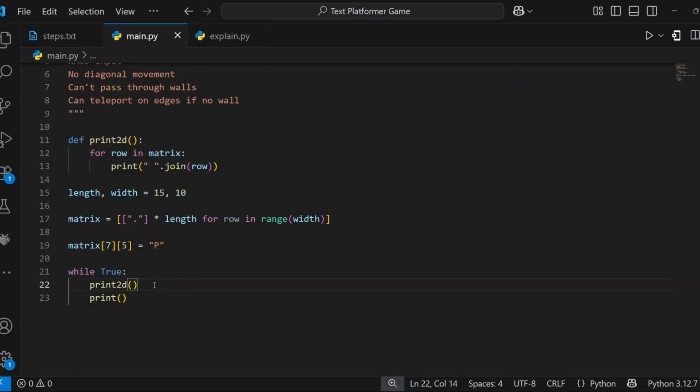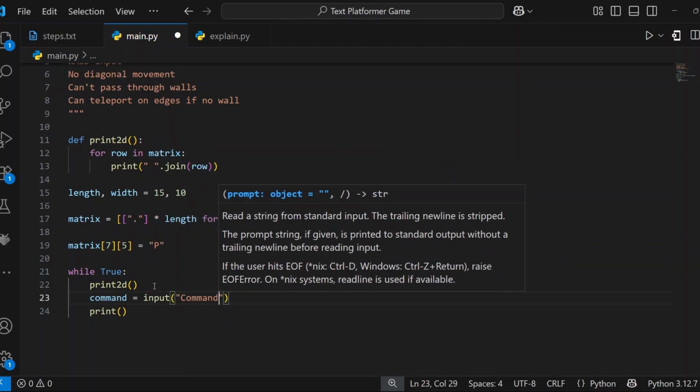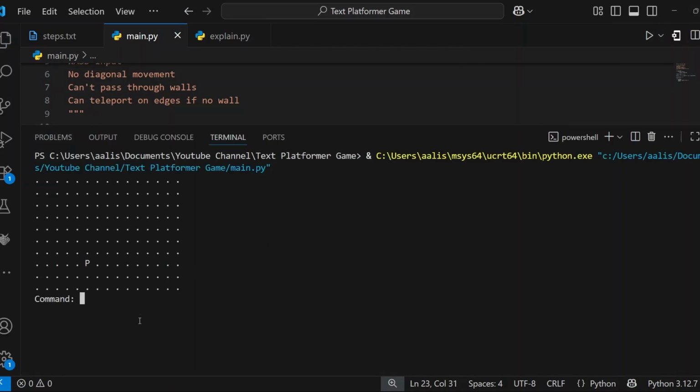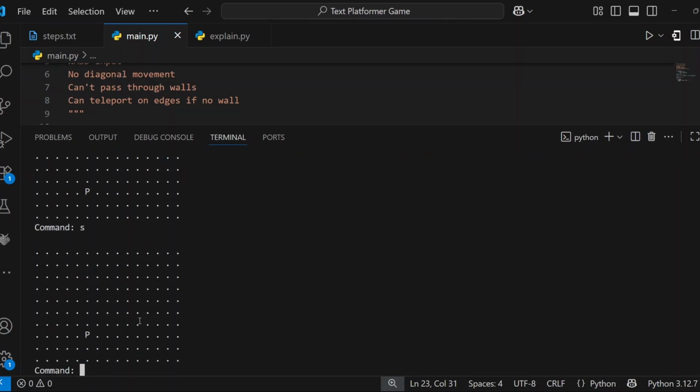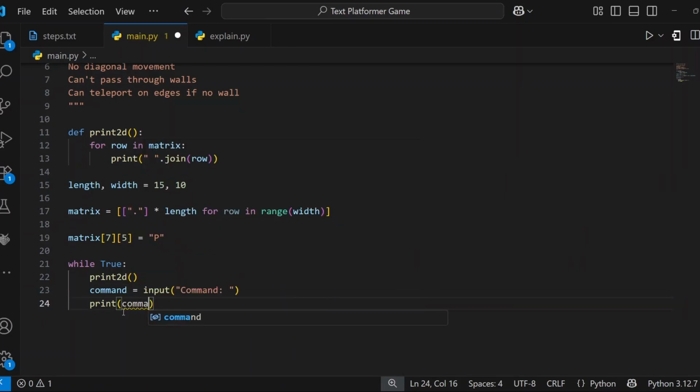What I'm going to do now is add a command. So it's basically just input, and maybe we'll enter command so you understand it. So you see it waits until you give an input. So I can just do anything here, and now I'll close. But if I enter command in here,